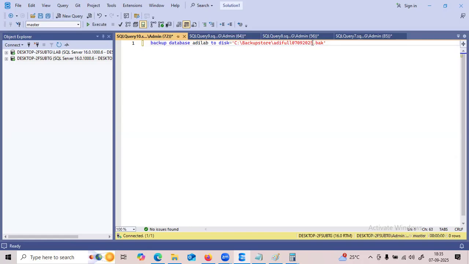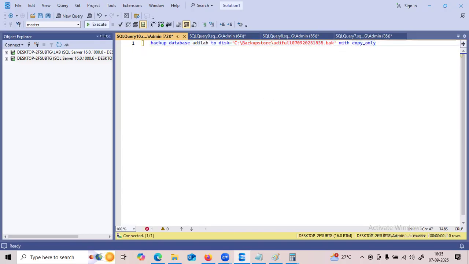Type is 1835. Here I have to use the WITH keyword, WITH COPY_ONLY. So until here it is a full backup, but we have to use another keyword, COPY_ONLY.